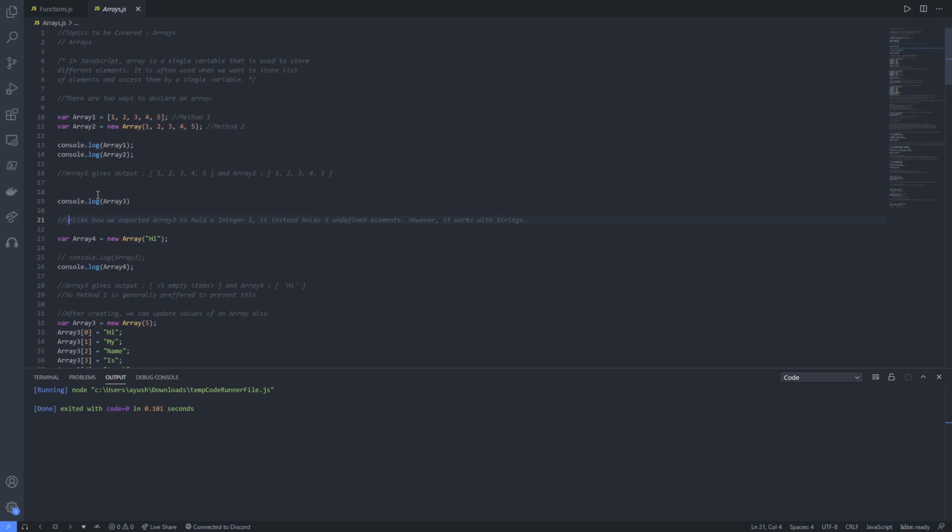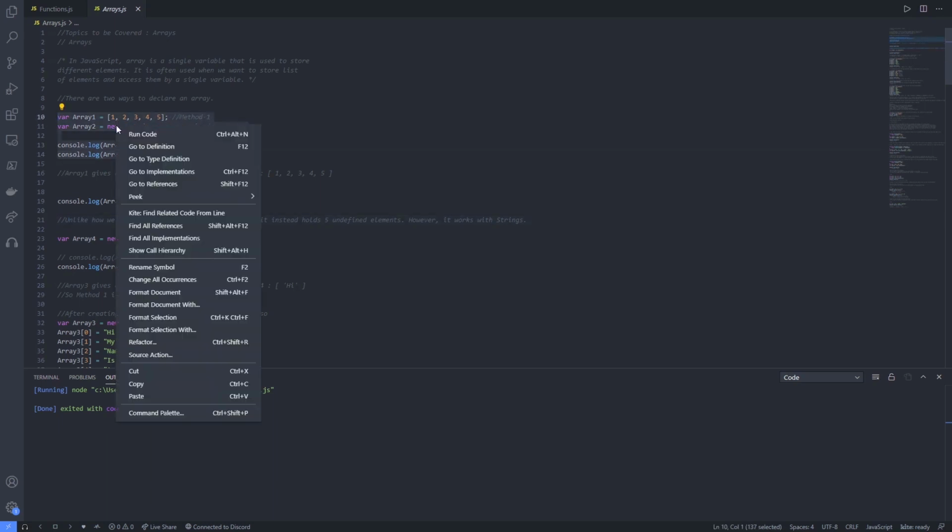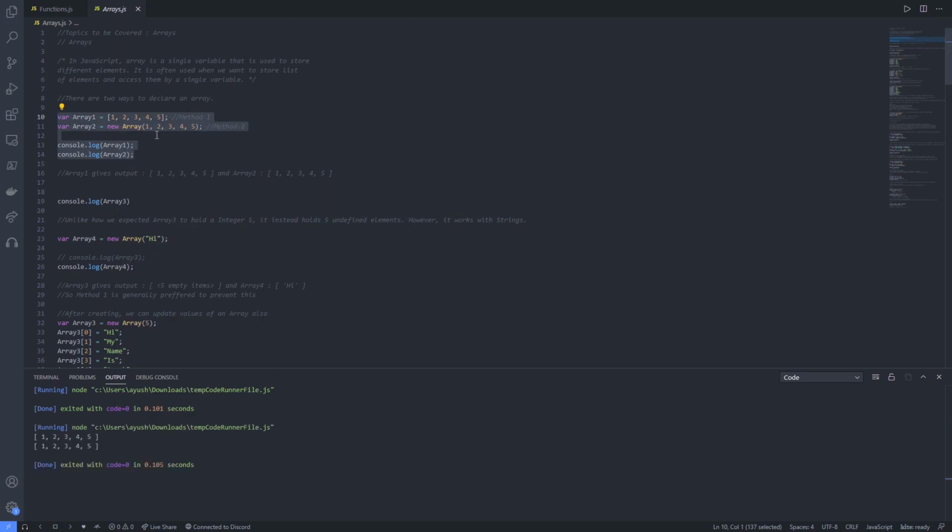Now there are two ways to declare an array. The first one is directly initializing it, with the elements passed in as values. The second one is by using the new Array function, and we can see how both of them work. As we can see, array 1 has elements 1 2 3 4 5, and for array 2 we're using the new Array function with brackets where we enter the parameters, which will be the elements of the array, also 1 2 3 4 5. Now out of both these methods, method 1 is preferred